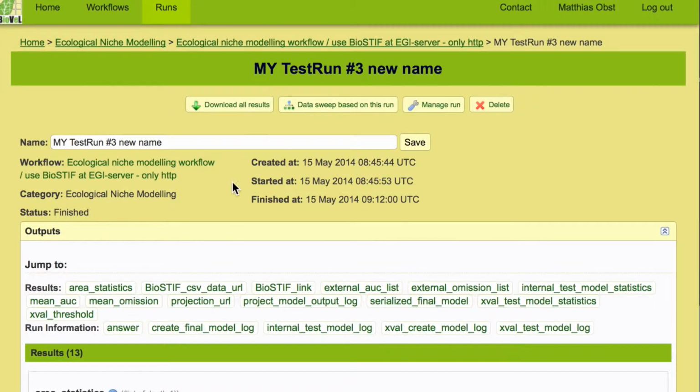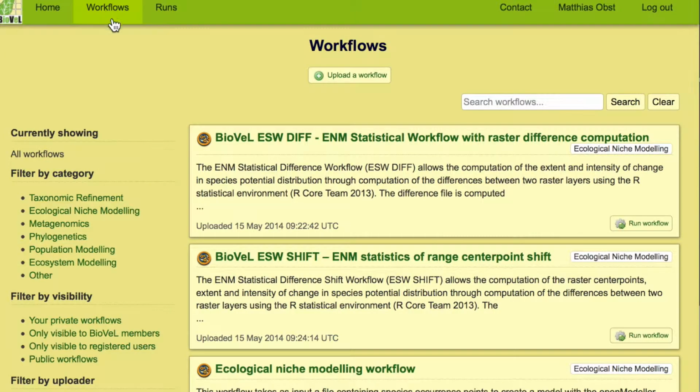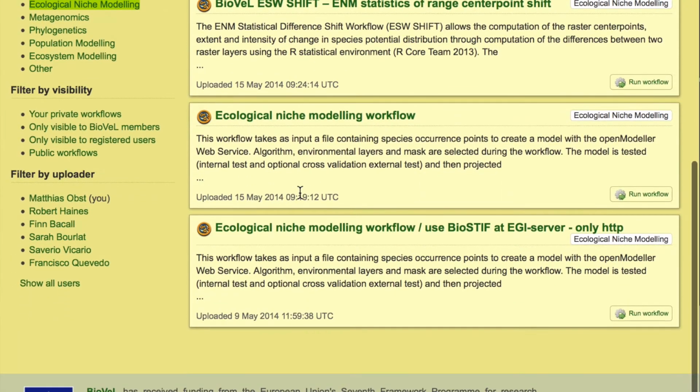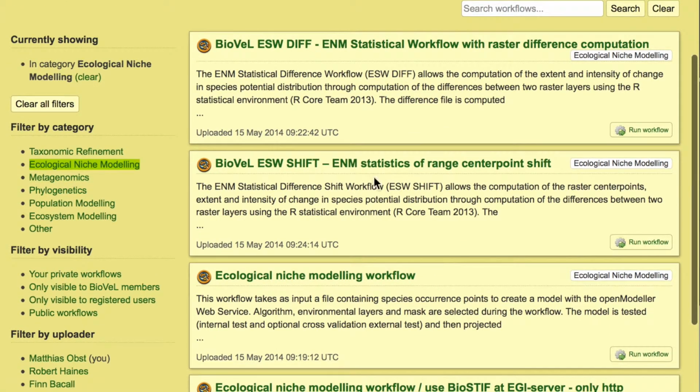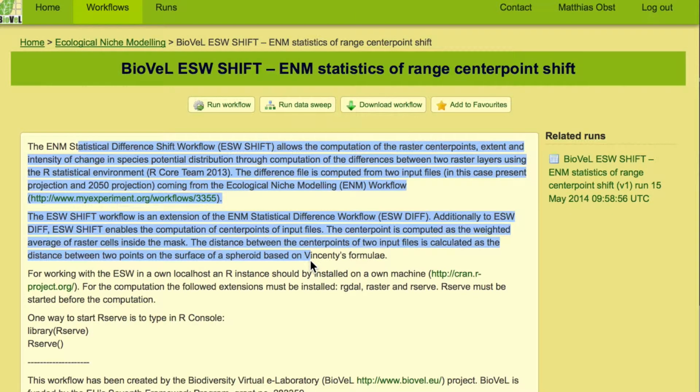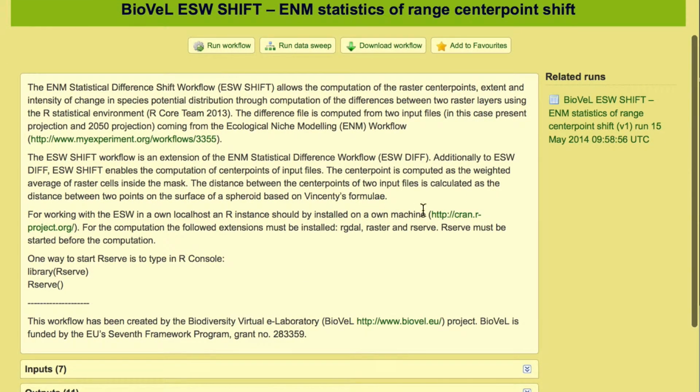So this workflow, we find it here under ecological niche modeling workflows. Here we are not running this one to actually create the projections. We are running this one, which is the ESW, ecological niche modeling statistical analysis workflow. If we start this one, we have again a description of what the workflow does with a link to the source information,